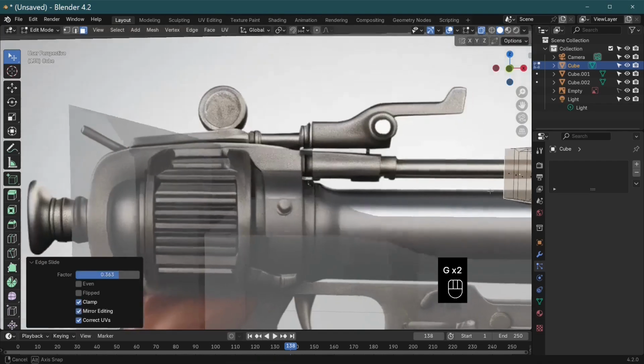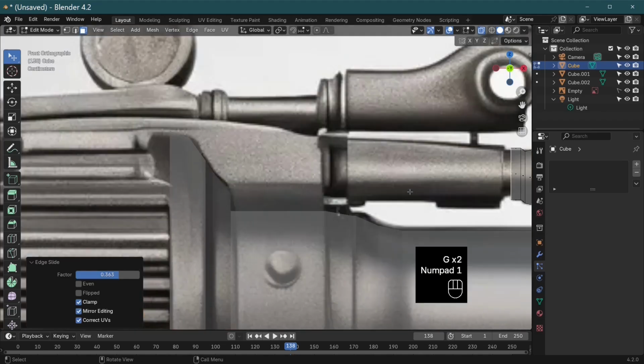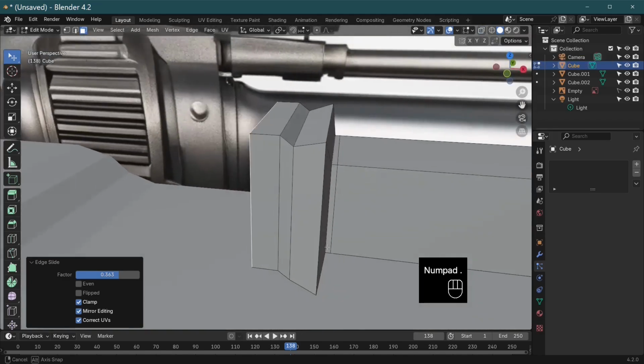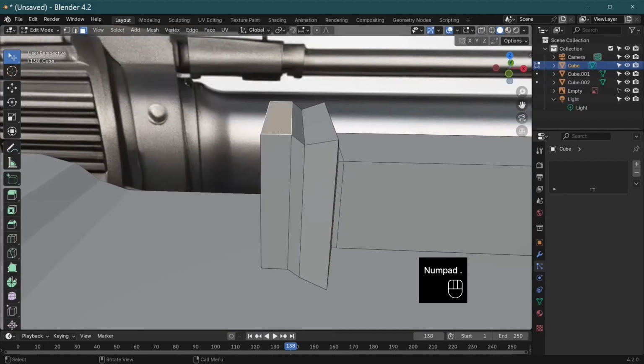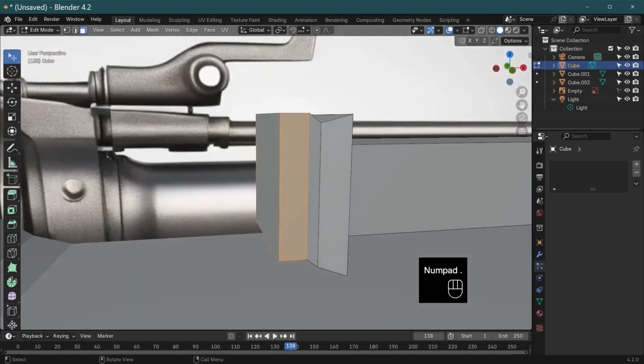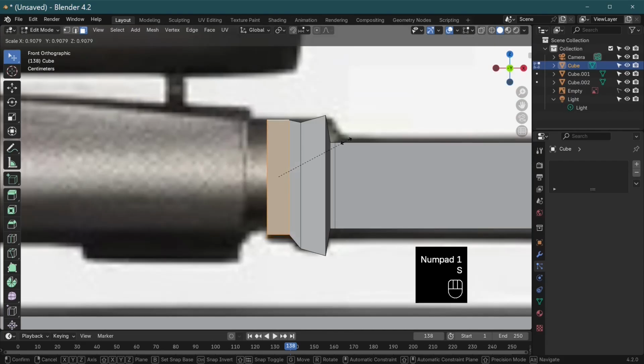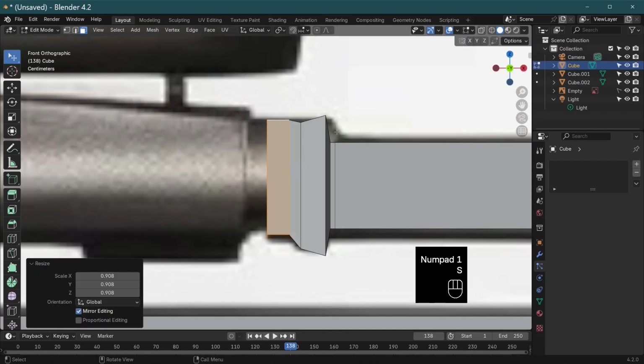And as you can see, we're actually going down the outside of our image. So I'm going to turn off X-ray mode, zoom in on it by pressing the plus, and select this whole edge by holding the Alt key and pressing the left mouse button, which will then allow me to scale this down. And the aim of the game is to get this inside of our image, and as you can see, we're